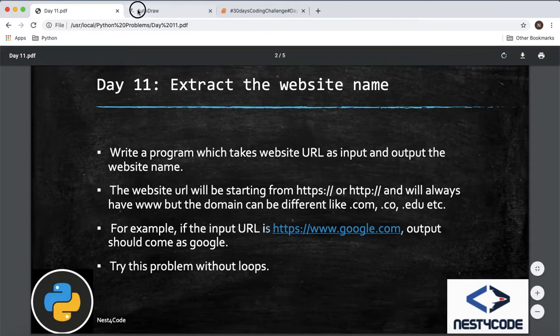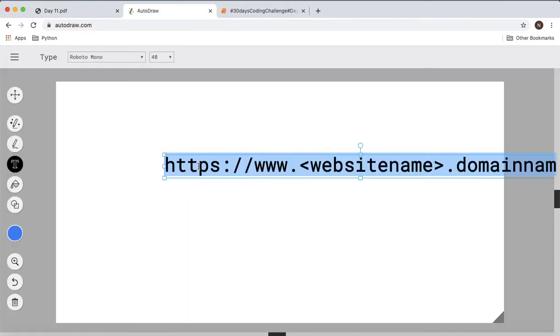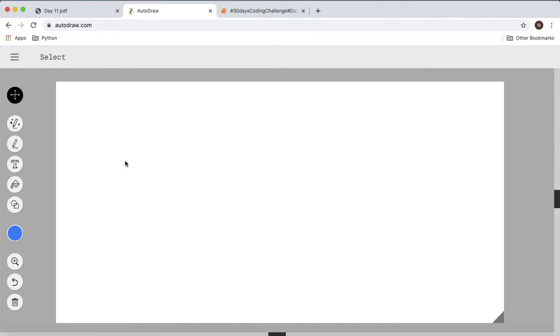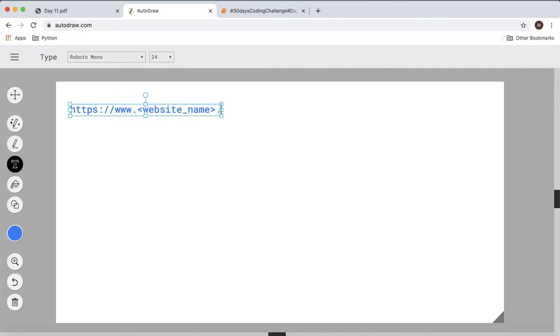Okay guys, so let's understand the problem statement in a better way. Let us suppose this is our text. It can be like https, then www dot, and here your website name will come. This is what we are primarily interested in. Then a dot would be there and a domain name will be there.